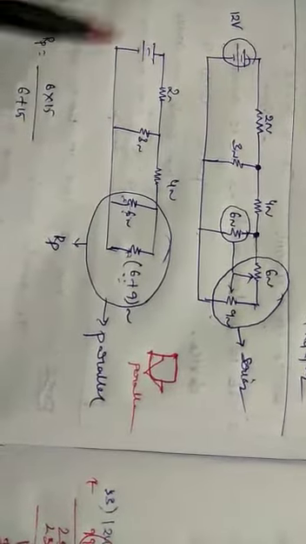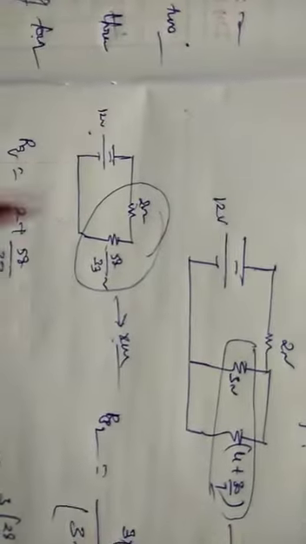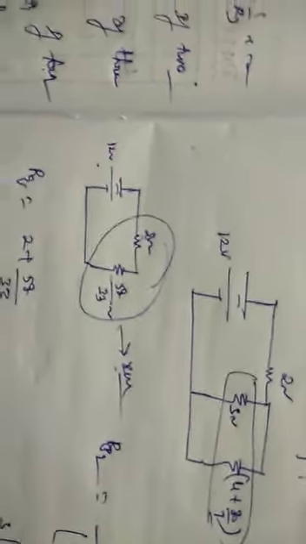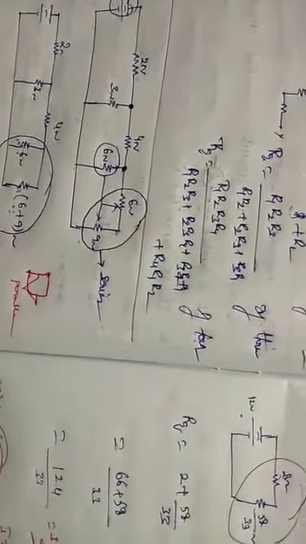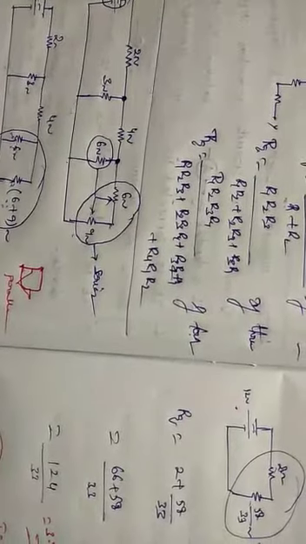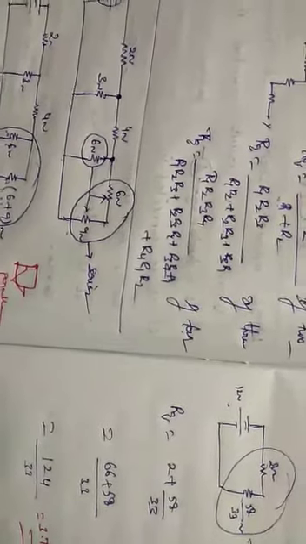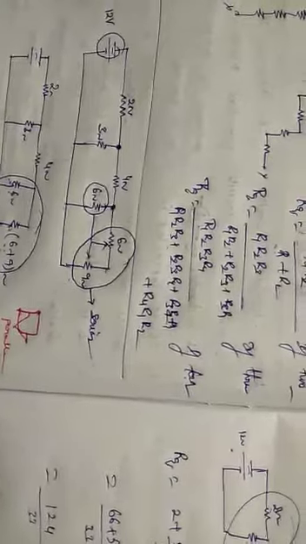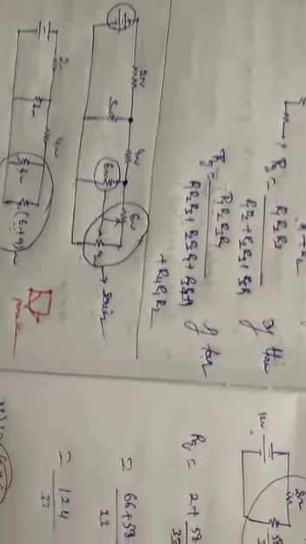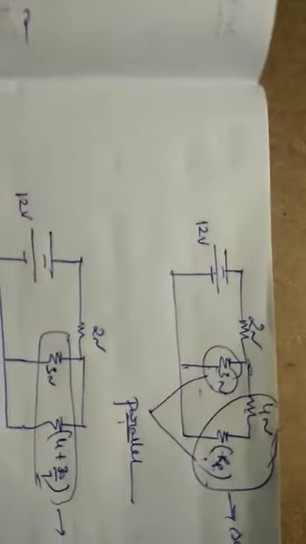So how many circuits? 1, 2, 3 and 4 circuits will come. Six resistors are connected between parallel and series combination. We can reduce this entire network to a single resistor, the final value of R equivalent, in 5 circuits. So you have to listen carefully, and you have to draw your own circuits.